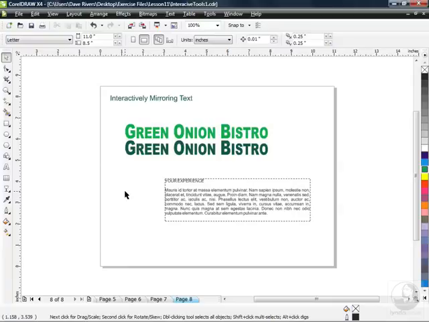Nothing new, but what is new to CorelDRAW X4 is the ability to do the exact same thing with paragraph text, and that's without converting it to curves first. In other words, when we interactively mirror paragraph text, it's still paragraph text when we're done. So I'm going to show you how to do that using the same file that we've been working with throughout this chapter,